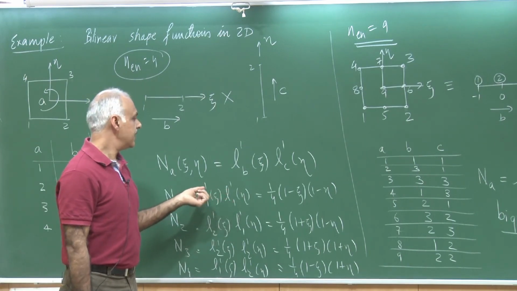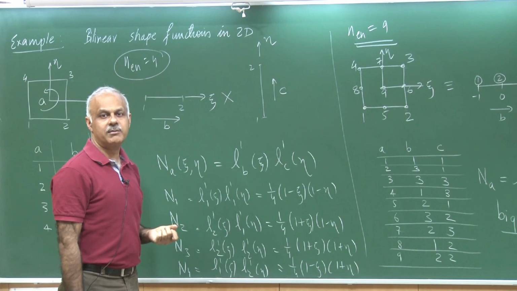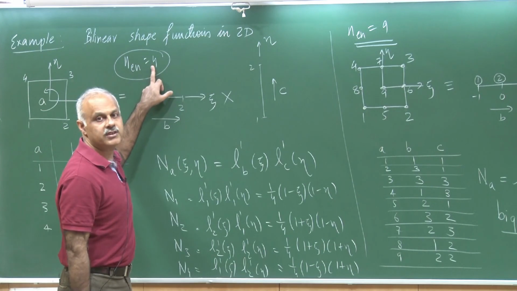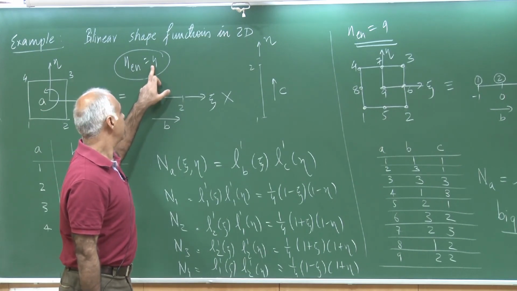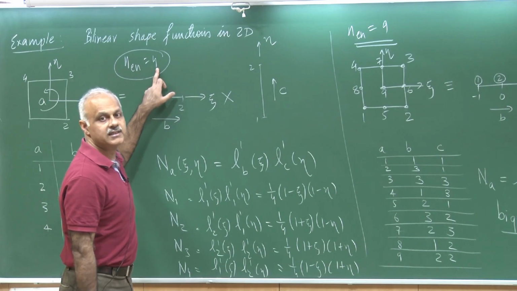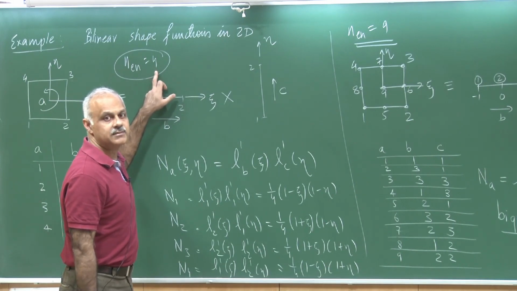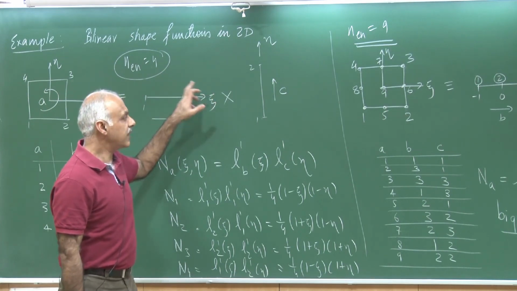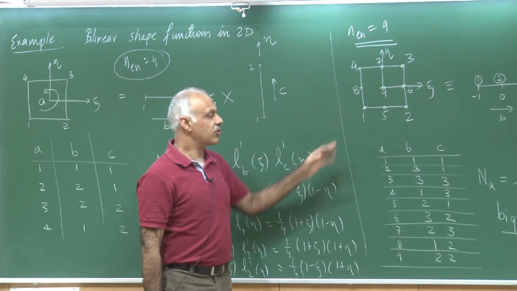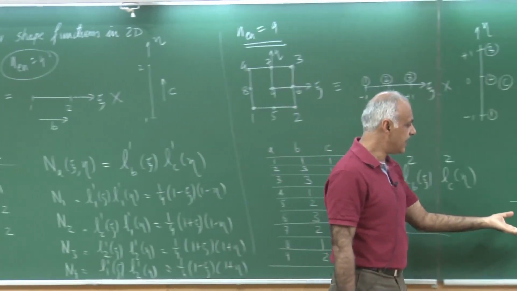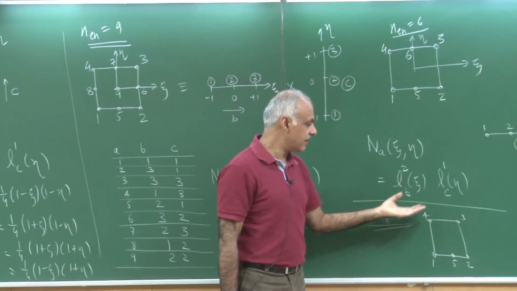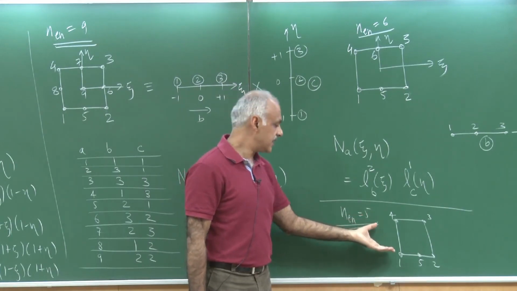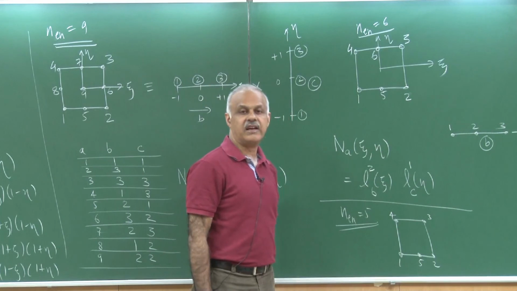As I have been saying, for a convergent finite element method, you must have complete shape functions. If you are using NAN equal to 4, then you have only 4 constants to play with. So, you can have a constant term, 2 linears and a bilinear term. Those are the 4 terms. You cannot use quadratics. Okay. So, that is the challenge here. If you want to use NAN equal to 5, please think about how you can generate using Lagrange polynomials shape functions such that I use only 5 nodes and not 6 nodes.